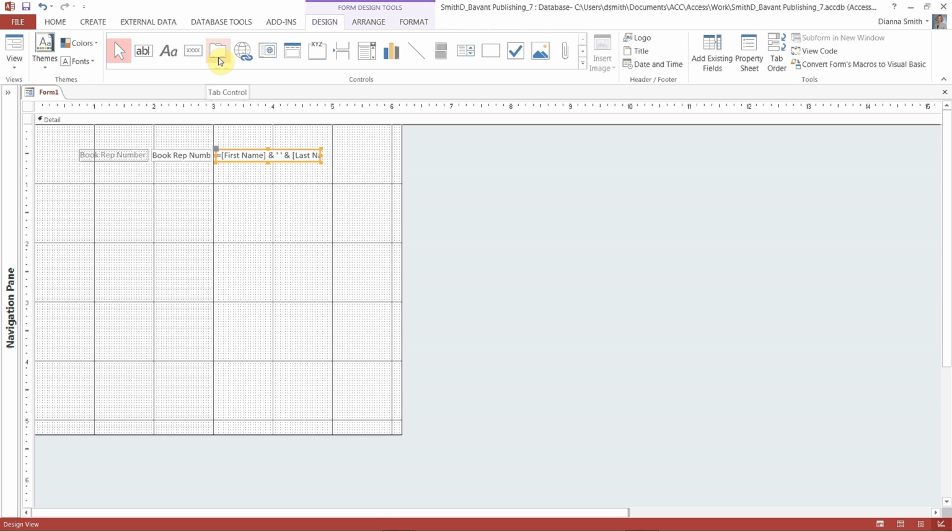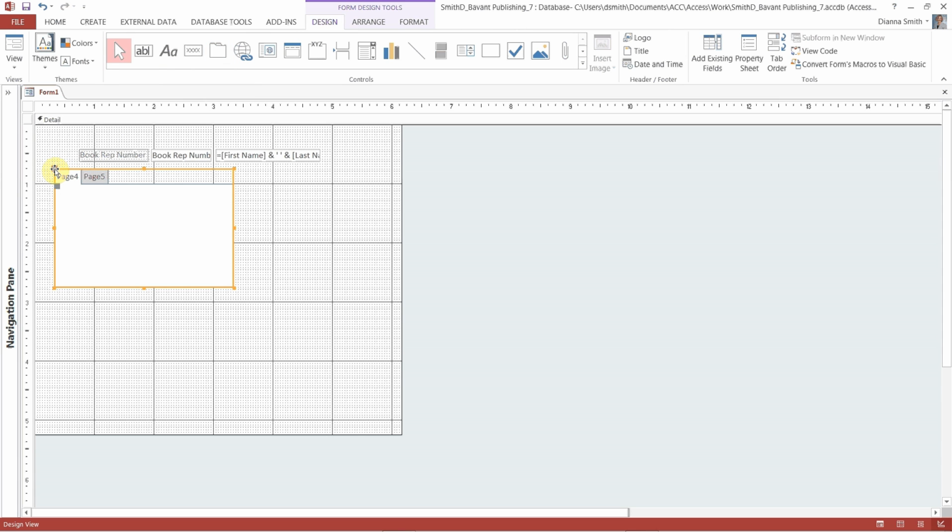So we're going to click on here, tab control, and it looks like it drops it somewhere around here. We're not going to be exact, but notice it comes with 2 tabs, and you can put in as many as you want. And yes, you can change the names on those tabs, which is what we are about to do on page